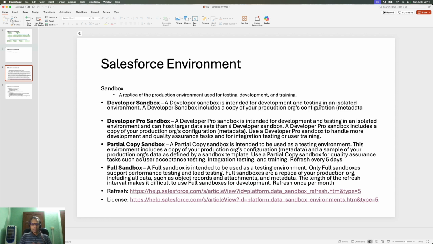The last one is the full sandbox. It contains the production metadata, but it also contains the full production data. So you can use it for your load test, performance test, and scalability test. But you cannot refresh or pull the production data every day. The interval is 29 days, so once in a month you can pull the production data, and then you can use it for your load